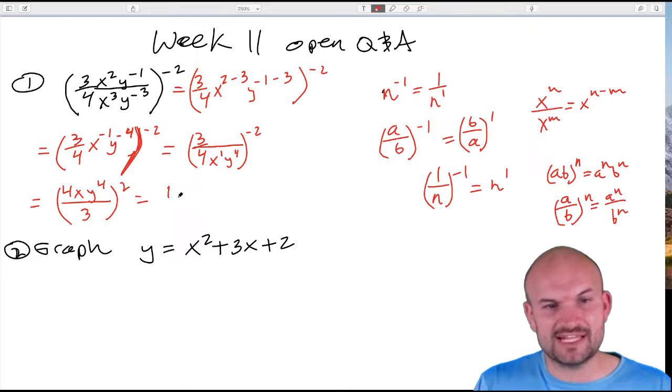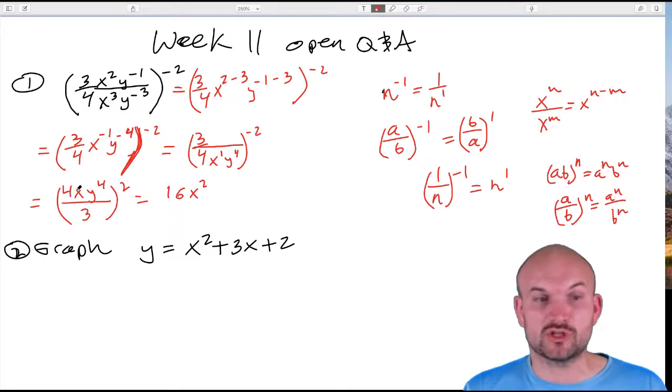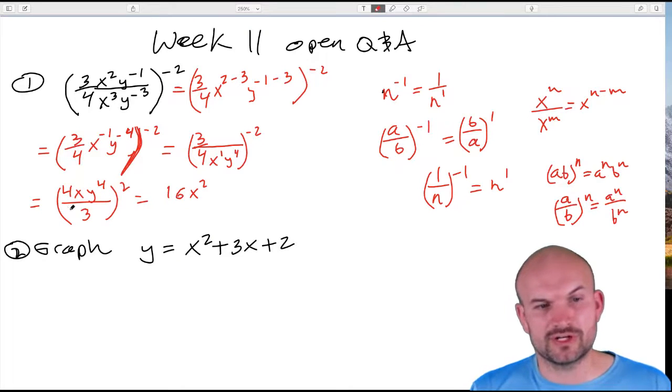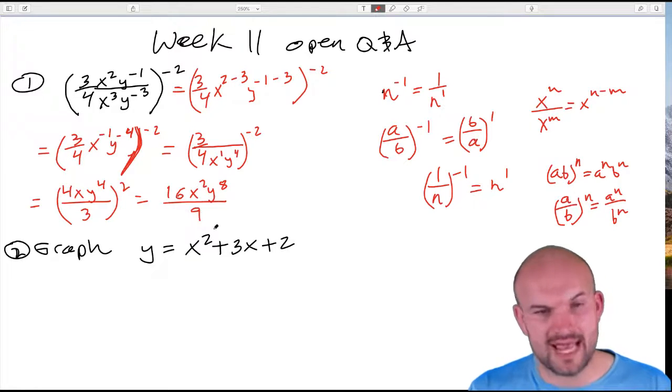So therefore, my final answer is going to be 16x squared. And again, remember, when you raise an exponent to another power, you're actually multiplying those. So that's going to be x squared, and this is going to be y to the 8th, and then over 9. And therefore, that cannot be